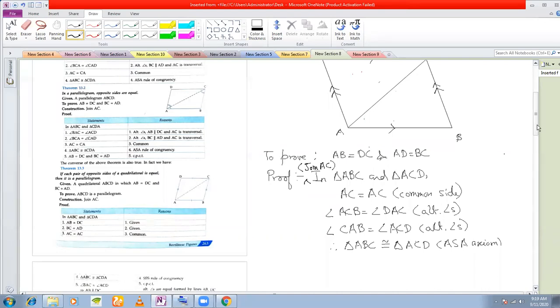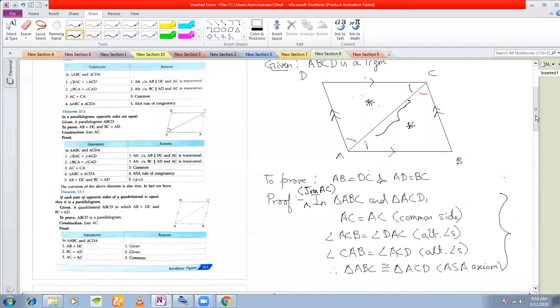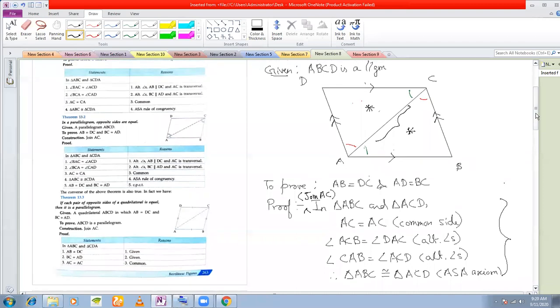Now exactly in a similar manner, we prove that these two triangles are congruent. Again, let me mark here, these two angles are equal. These two pairs of angles are equal, and obviously this is our common side. So these two are equal, exactly as we did in the last proof. You'll prove these two triangles are congruent, and after this,